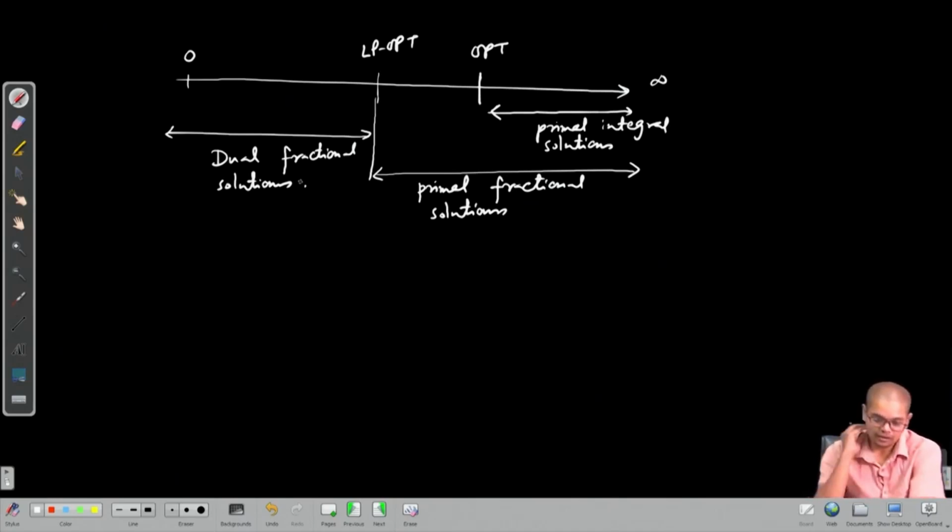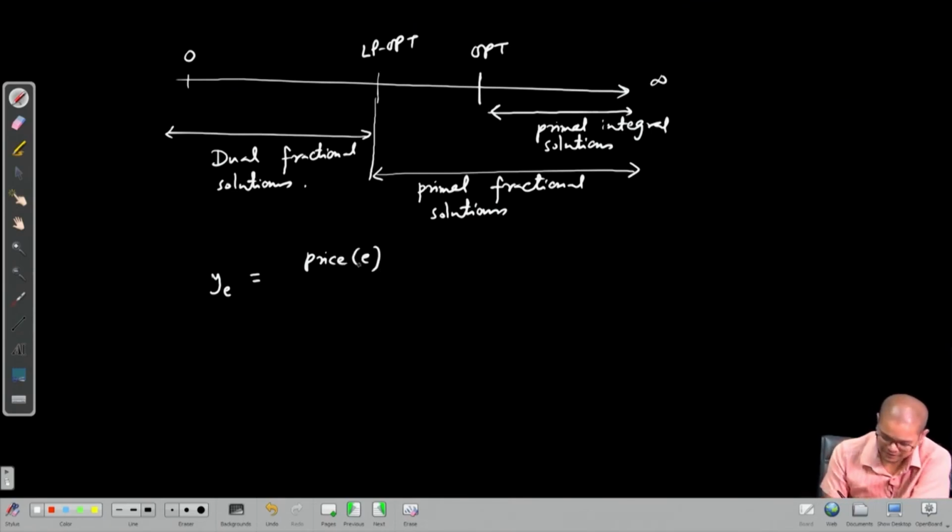Okay. Now, for dual fitting, what is the first approach? The first approach is to bound the performance of the algorithm, ALG, with respect to some setting of the dual variables. So, we set y_e equal to price of e. So, simply set y_e equal to price of e. Then